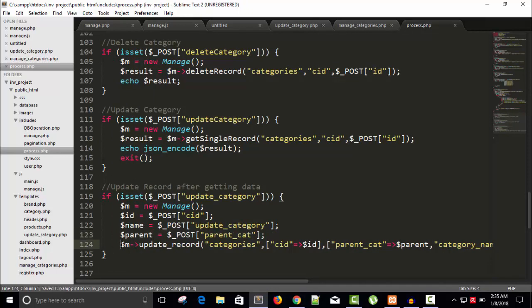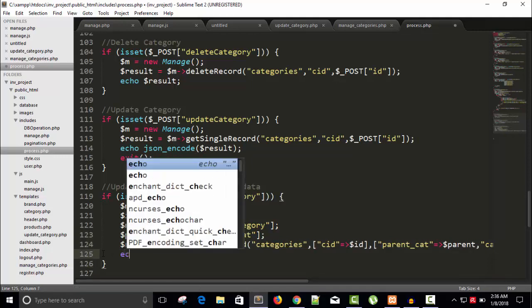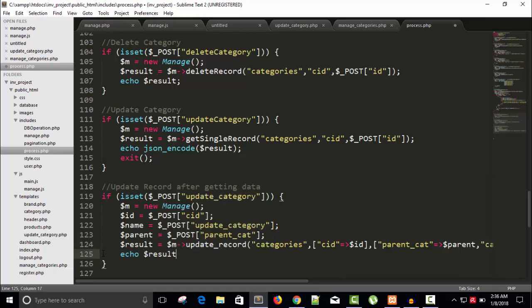Save this and $result. So let's save all files, save all,